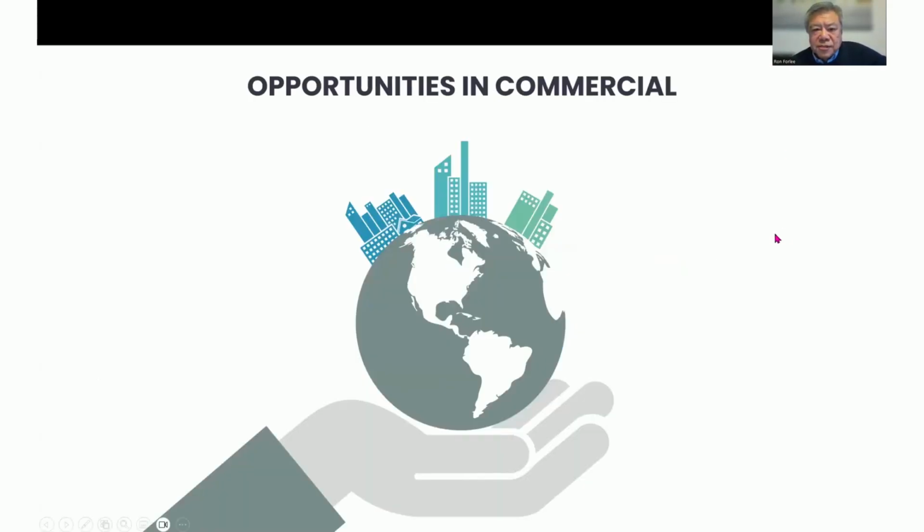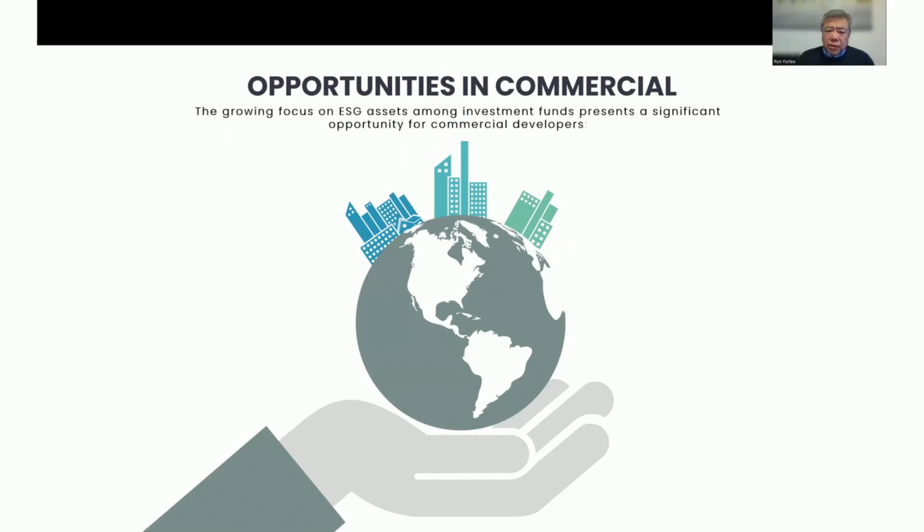So what are the opportunities in commercial? Now, I mentioned the growing focus of institutional funds looking for investment in ESG. Right now, there's so much information on that. If you Google it and just type in ESG, you'll find that people are talking about it. So for those who don't know what ESG stands for, I'll explain it, because several times I just carry on babbling on and people say, oh, what is ESG? So ESG is environmental, social, and governance.